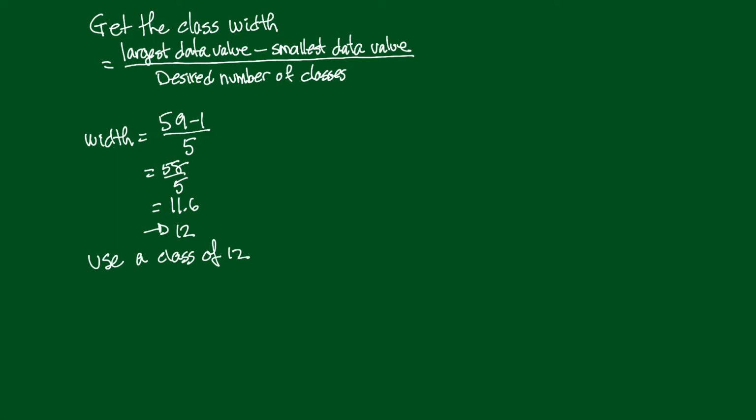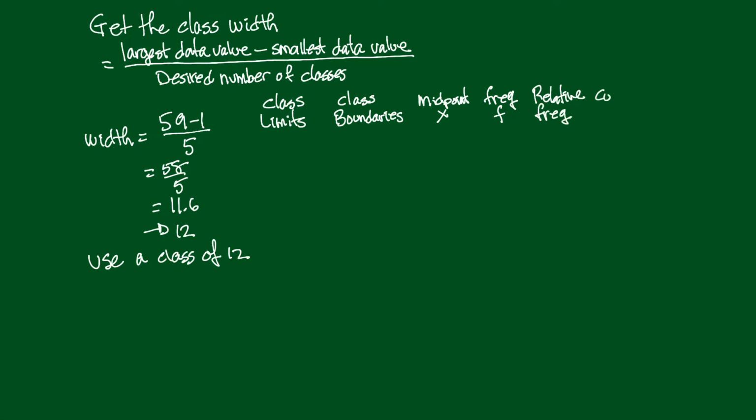So here's what I'm going to write here. I'm going to have the class limits, class boundaries, and we'll talk about that as we go. And then we'll have the midpoint. Now I'm just going to call that X. We're going to have the frequency. How about if we call that F? And then we'll talk about these as we go through. This will be the relative frequency. And this will be the cumulative